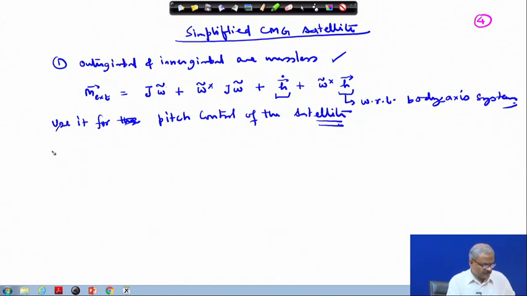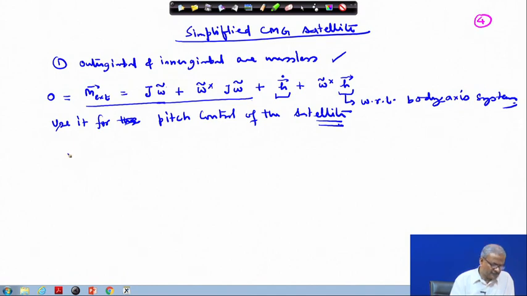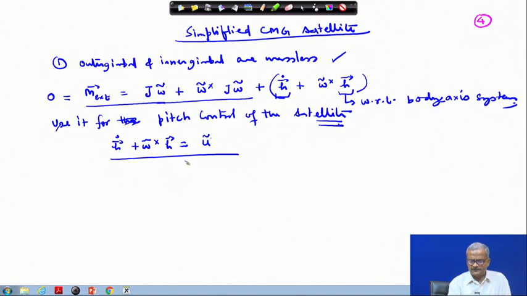The equation of motion we have already developed. If you expand this and assume the external moment to be equal to 0, only the right hand side will count. Thereafter we have written this quantity h dot plus omega tilde cross h as u tilde or minus u tilde, accordingly as the notation you choose; the things will differ accordingly.